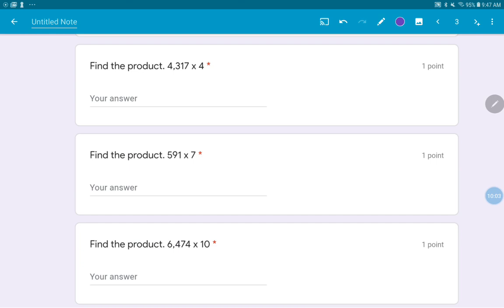Now we've got 4,317 times 4. How did you solve that one, Christopher? I got that one wrong. Okay, so let's figure out how we would need to do that. Start by adding 4 fours. Okay, so like 4,000 times 4, is that what you're thinking? Okay, so 4,000